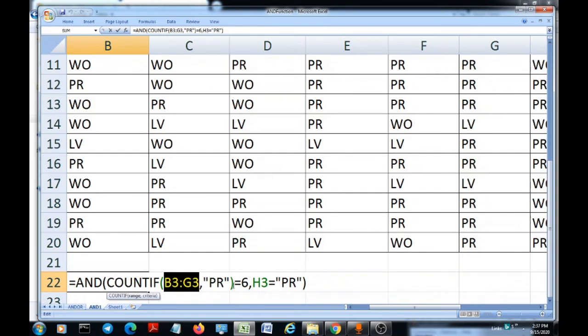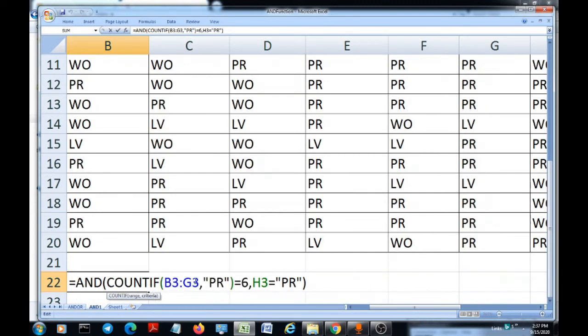PR, where PR is the code for present. So basically we are checking whether these six cells read the attendance code as PR. Is the attendance for the previous 6 days present? This is what we are checking here.